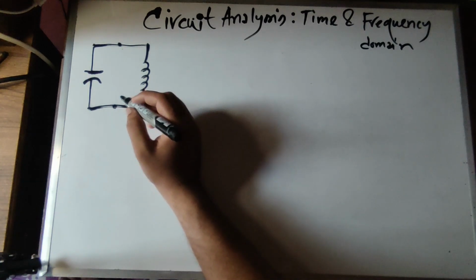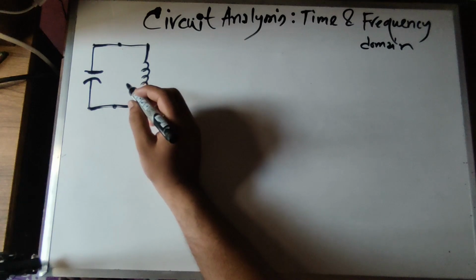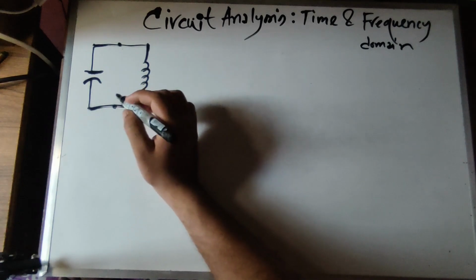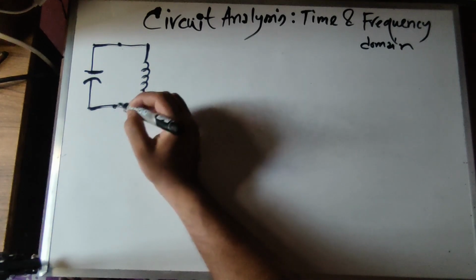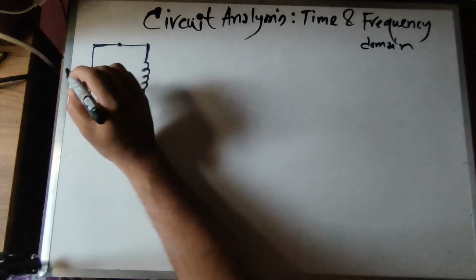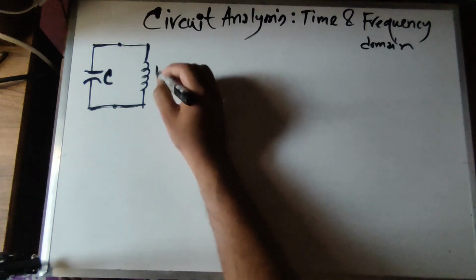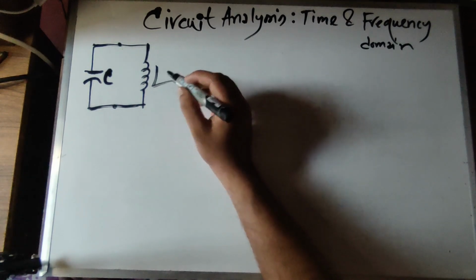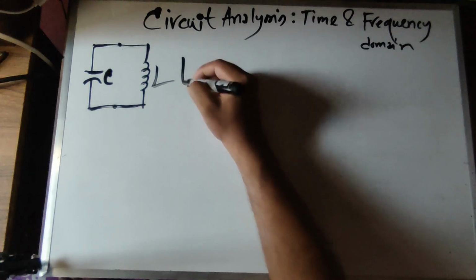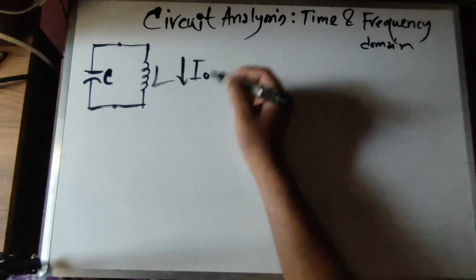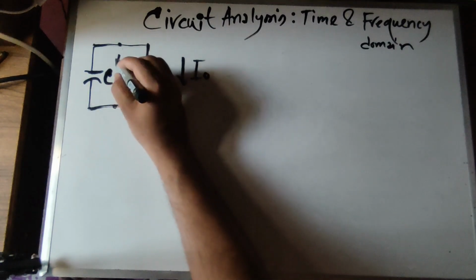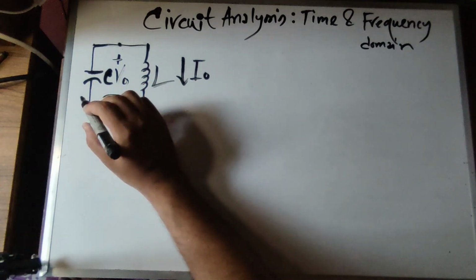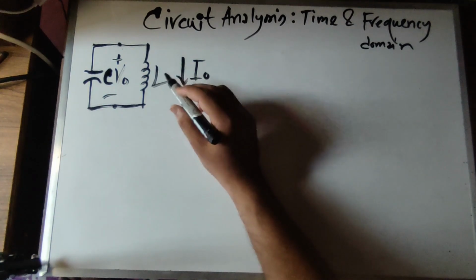So we have an absence of input in the circuit configuration. So what will the response look like in a source free LC circuit, where this is C, this is L. This circuit has no input, but it has initial current and voltages. So say initial current I0, and this has initial voltage V0, the voltage across the capacitor, and current in the